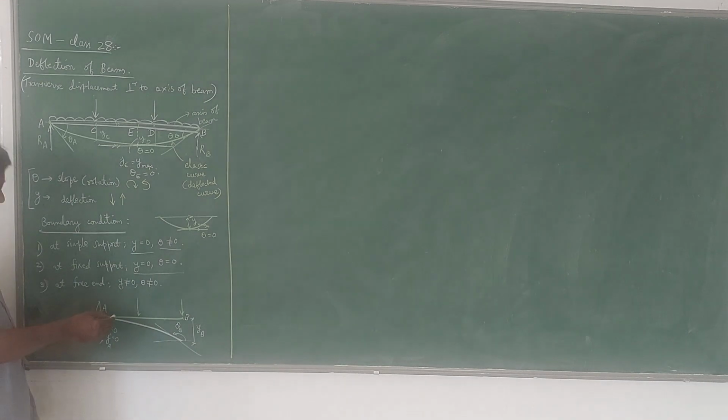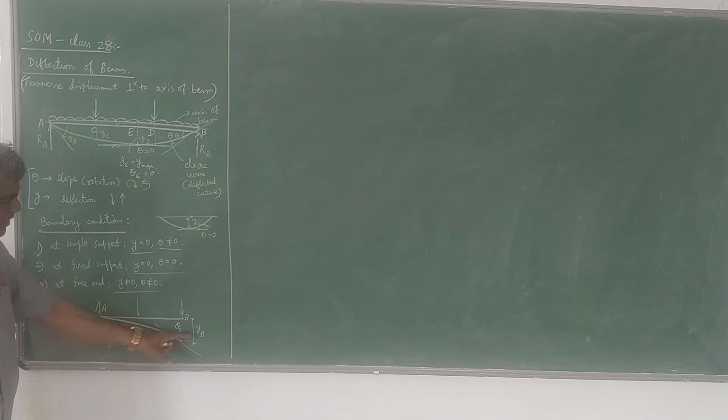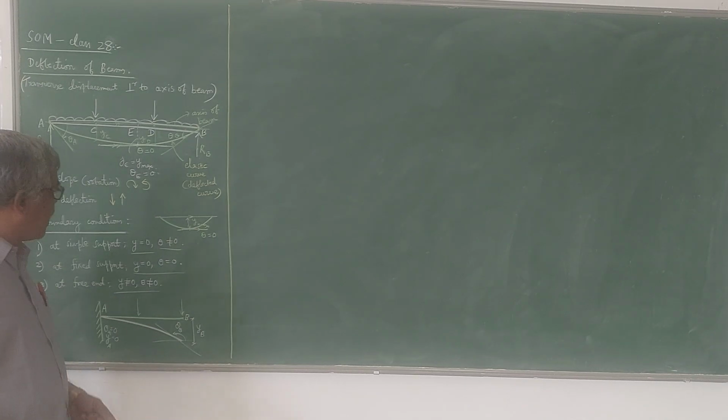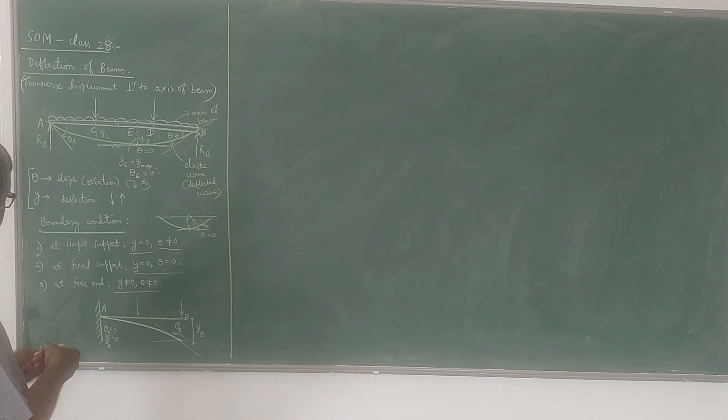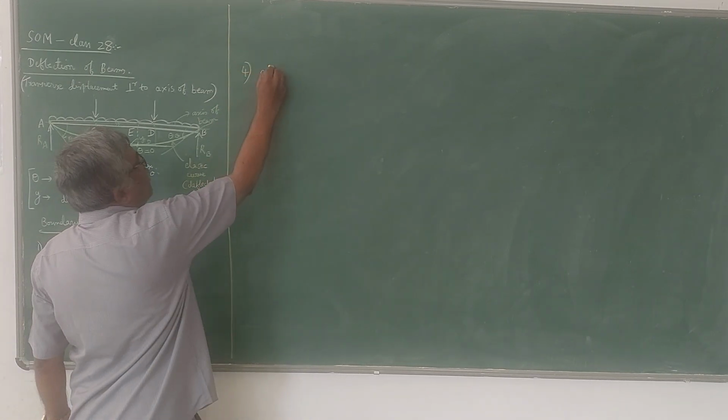Now the third one is, suppose it is a free end, like here B is a free end, there is no support there. So both deflection and slope exist there, they are not zero. And the next thing, the fourth condition, is as I already told,